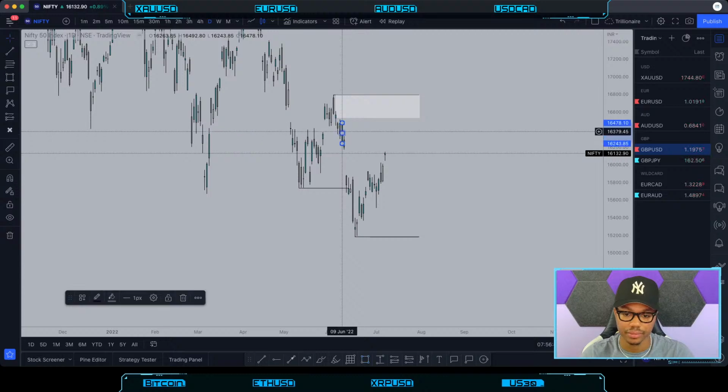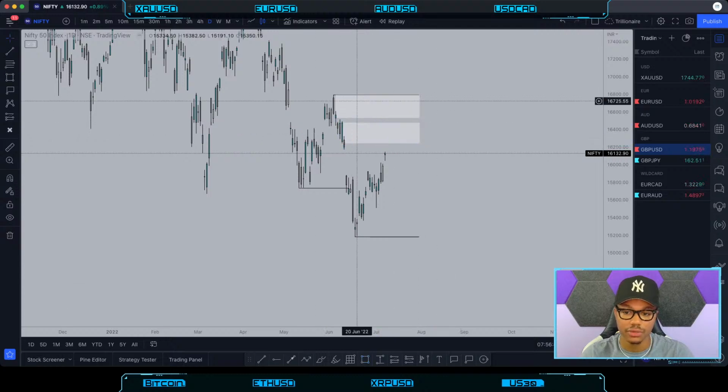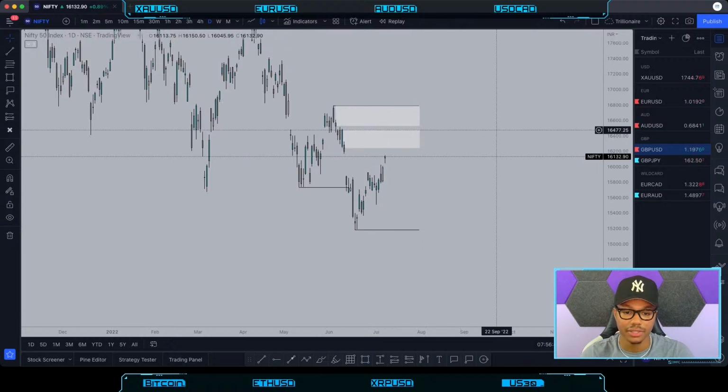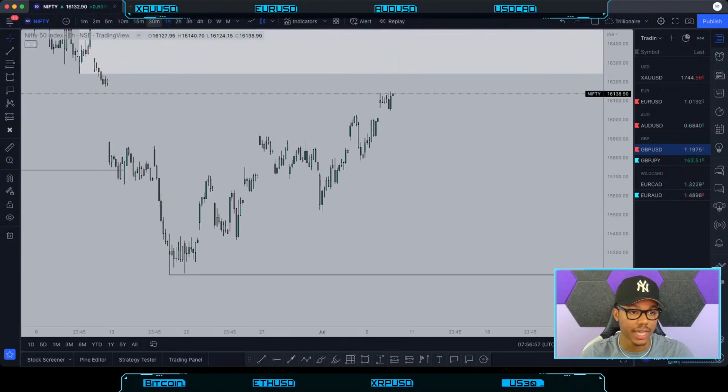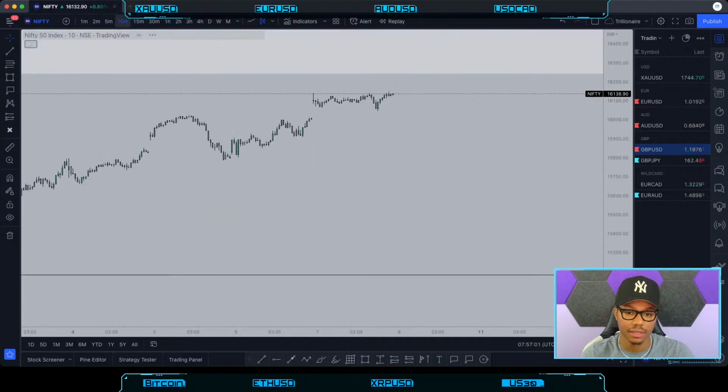So I would look for sells once price taps into these regions here. Until price taps into these regions, you can feel free to look for continuation buy positions, right? If you would like, that can take place on the H1 time frame. But really, since you're trading,